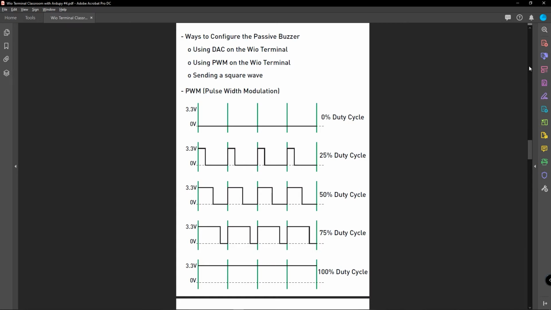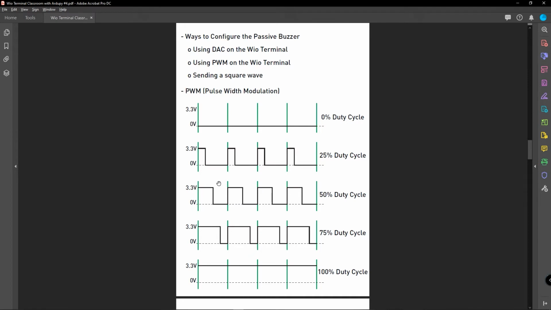PWM, also known as pulse width modulation, is a technique for getting analog results with digital means. Here digital control is used to create a square wave like this, and a signal is switched between on and off states. This on and off pattern can simulate voltages in between full on and full off, which means it can generate voltages between 3.3 volts and 0 volts.